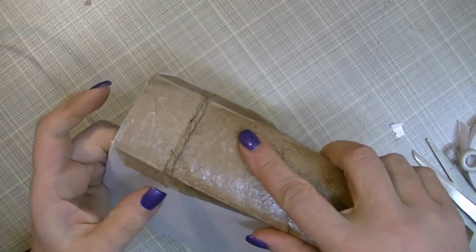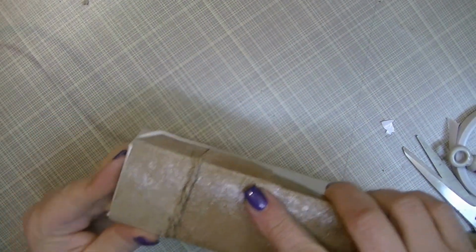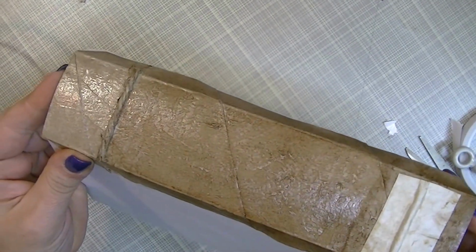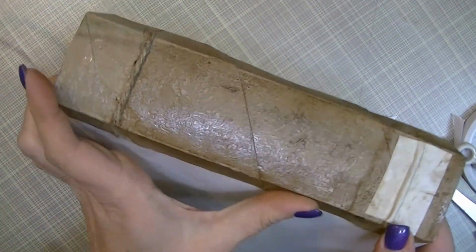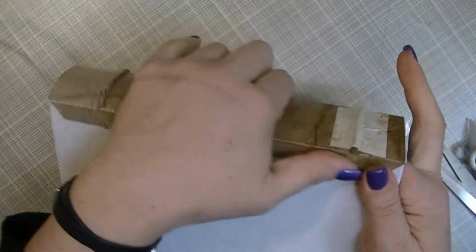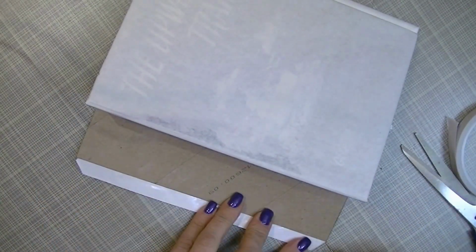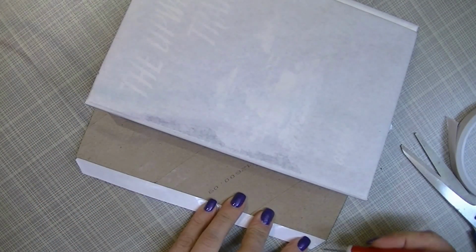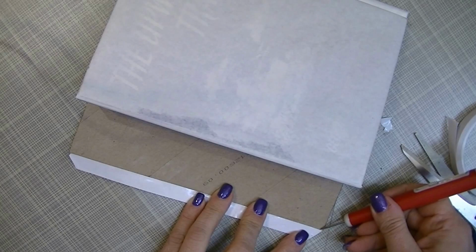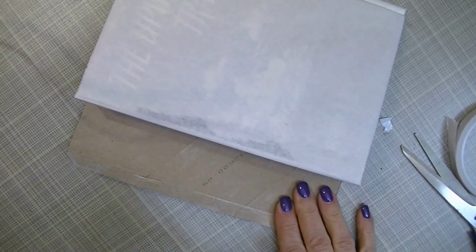Okay, so there, I'll take off one side for now. So I'll bring my book back in, and we'll put down the one side. Just match it up with the crease of your spine on your book, with the crease on your piece here. Press it down. And then do the other side. Why is it that when I watch other people do this, it just seems so easy? Okay, and